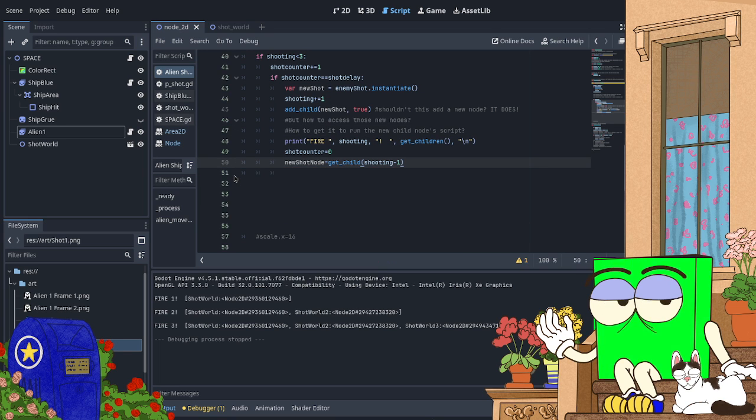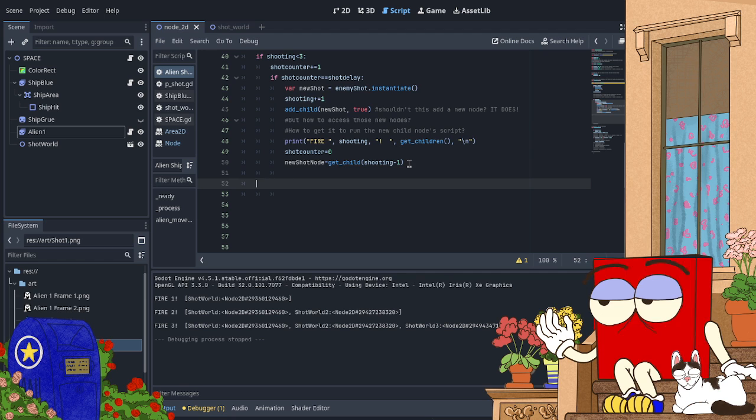Okay. I need that there, but I don't know what it does. If, but this is going to be a test.